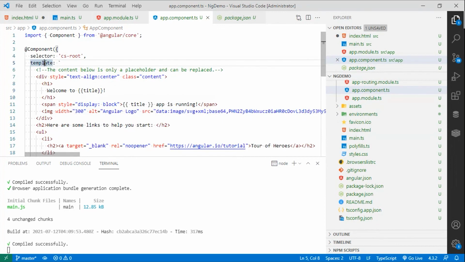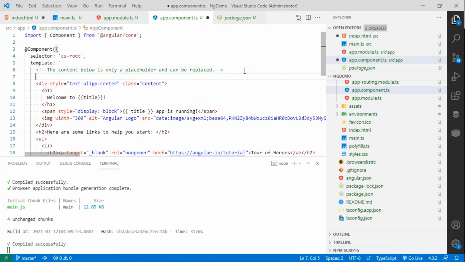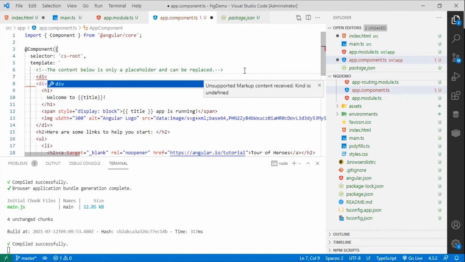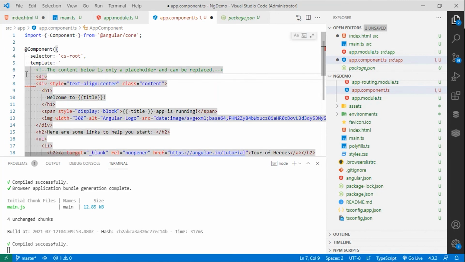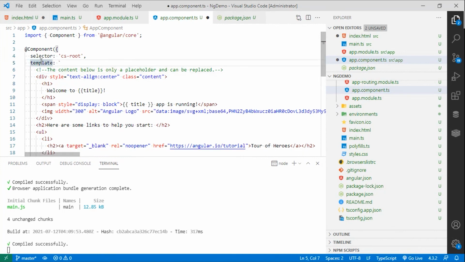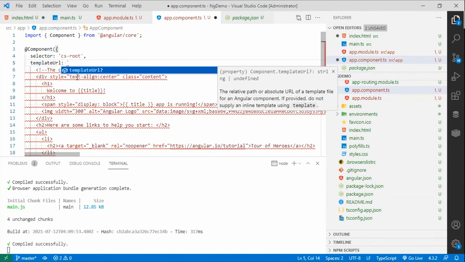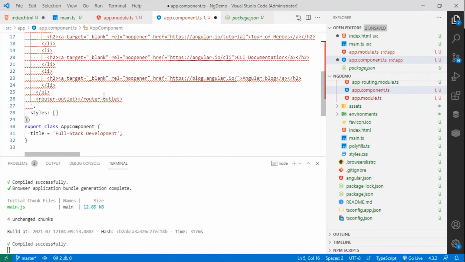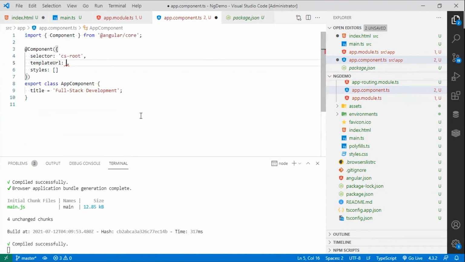Now we already saw that template and templateUrl, there are two options available. And because we are inside HTML code, all right, in the earlier versions, we did not have this option. We would see no IntelliSense because things were available inline. But then with template, it kind of becomes a little cluttered, a little noisy, and I'm not a big fan of this. So I'm going to change this template to templateUrl, and I'm going to remove the string literal, just simply cut it and call it